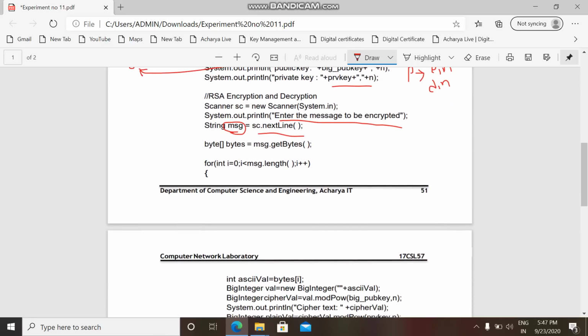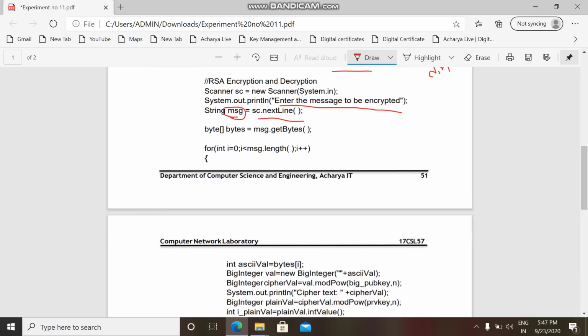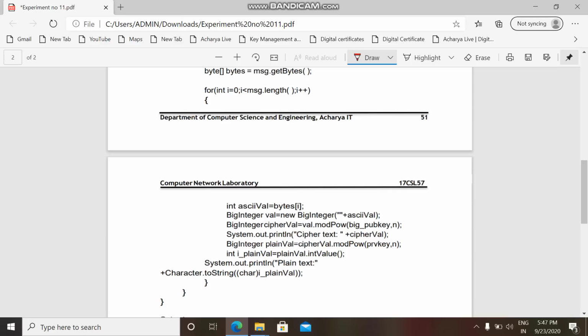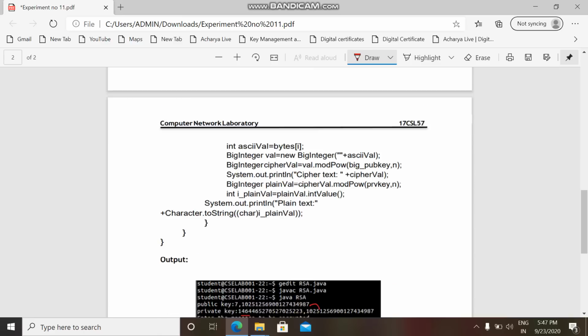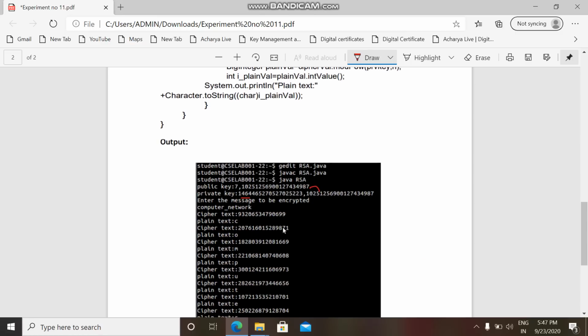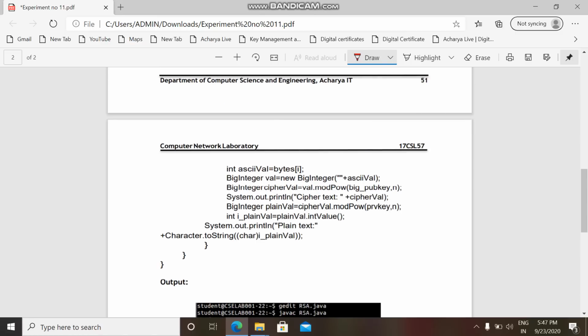Now we have to take each and every character, know its ASCII value, and then perform encryption and decryption. So for iterating through the array, the sequence of characters, we make use of a for loop till the length of the array. Now in byte of i, we will have a character. Let us assume the plain text entered is computer network. What is the first character? C. C is stored in an int, so the ASCII value of it will be stored. This ASCII value is of type integer.